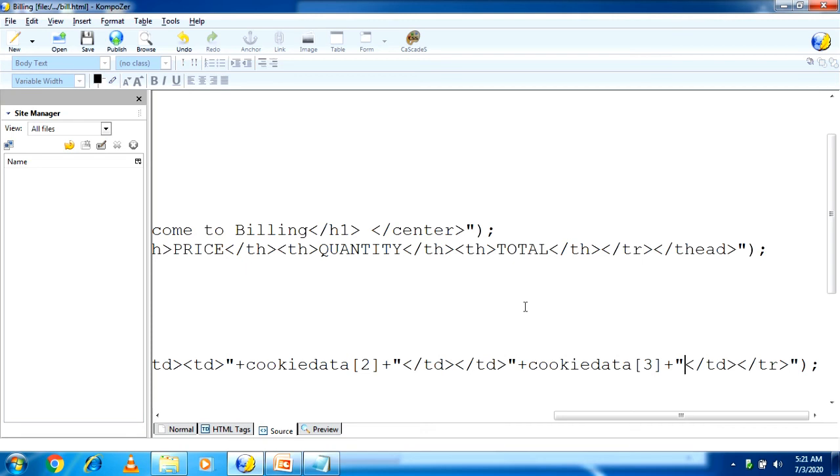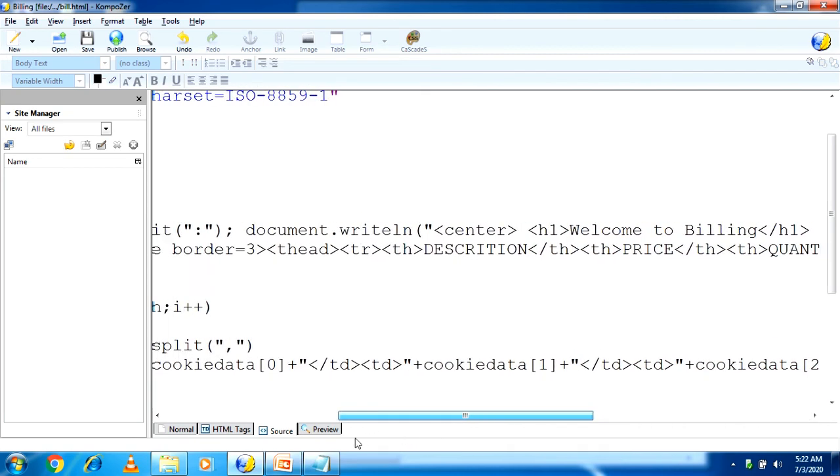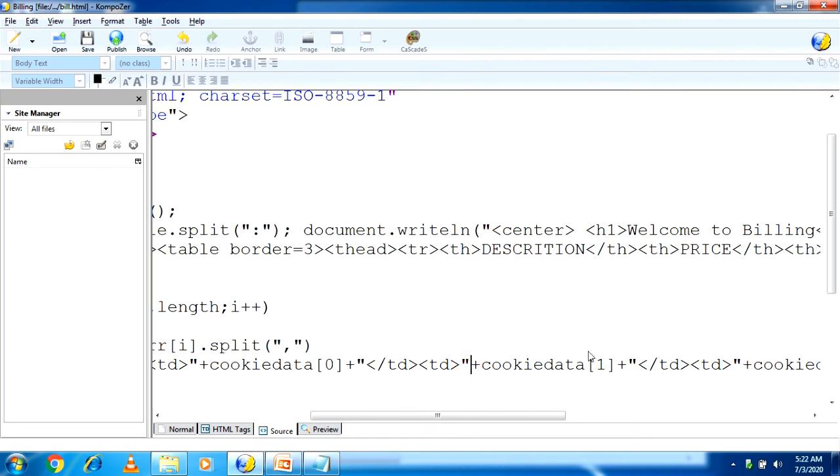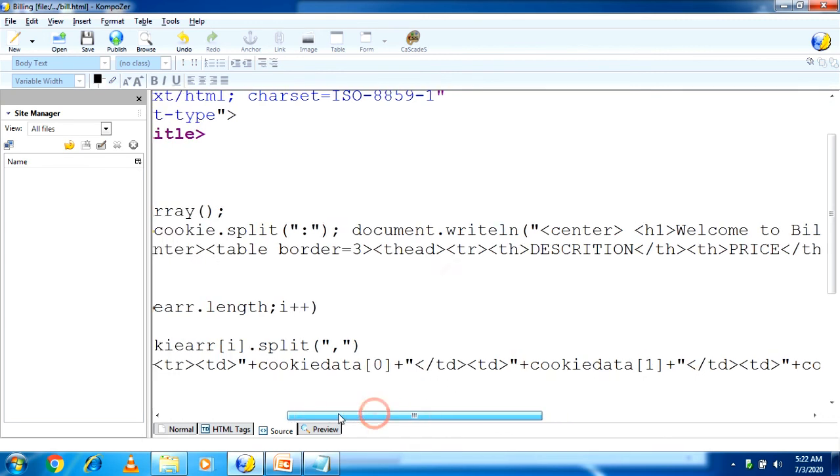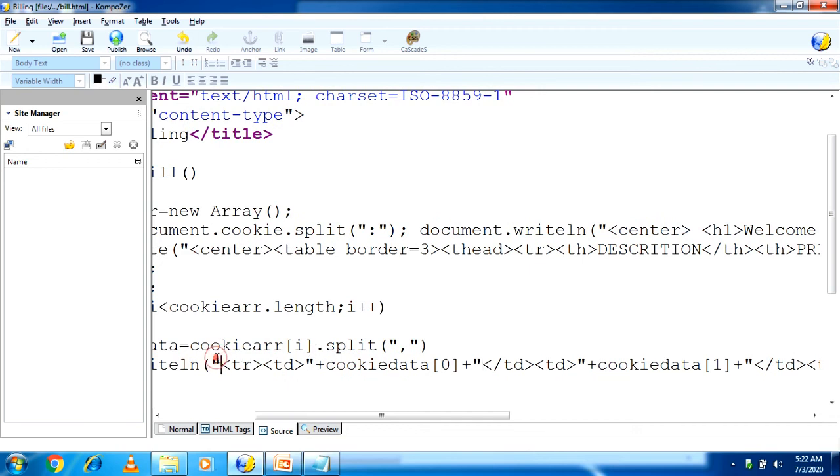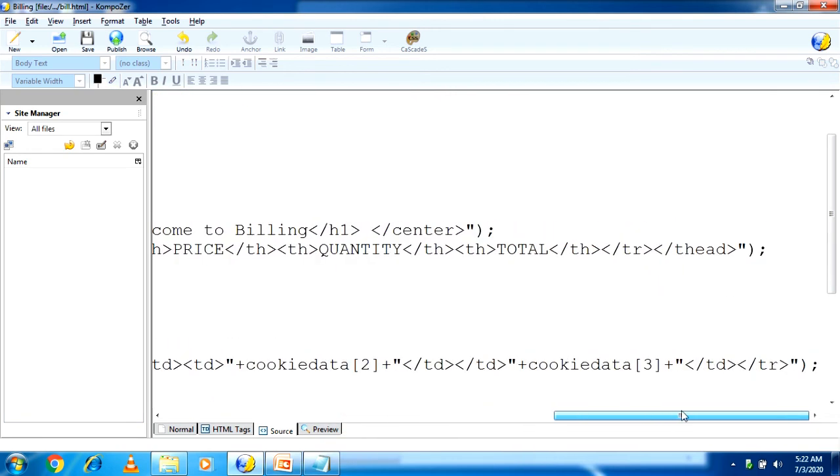So this double quote for cookieData[3], this double quote for cookieData[2], this double quote for cookieData[1], and this double quote which I closed for cookieData[0], and this double quote which I closed here for the tr table row. Understood, student? If you make a single mistake in this line, your table will not be generated.